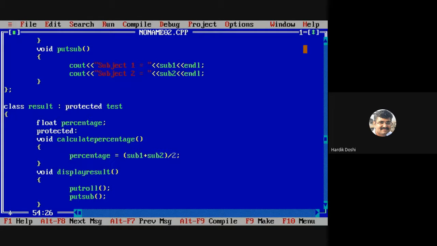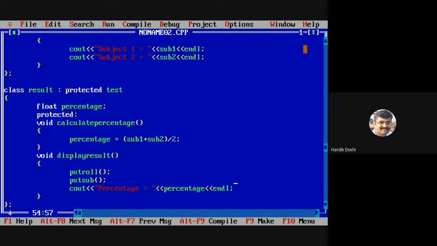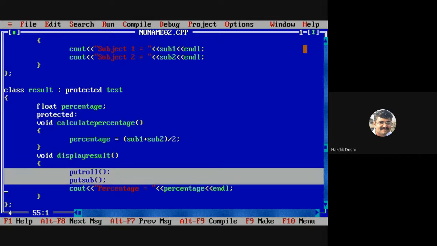Can I now write cout percentage is equal to percentage? Yes or no? As put roll and put sub were accessible, that's why I accessed them.